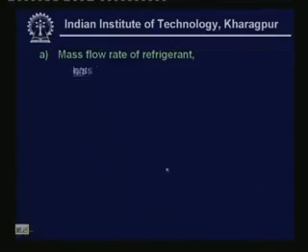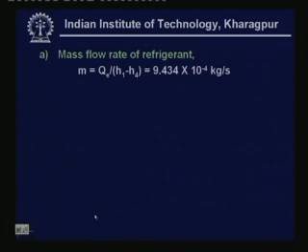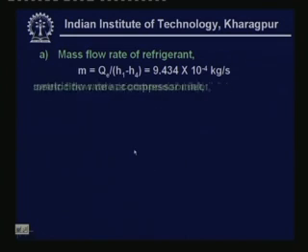So, now we know all the points. We find the mass flow rate of refrigerant by applying the energy balance across the evaporator. From the energy balance, mass flow rate is equal to QE divided by H1 minus H4. QE is known to us, this is 0.1 kilowatt, and H1 and H4 have been obtained from the refrigerant database. So, this will give us mass flow rate as 9.434 into 10 to the power of minus 4 kg